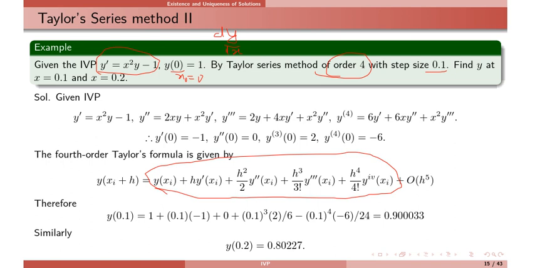Okay, so first start from 0. So you have x0 equal to 0 as I wrote earlier. So what is the Taylor series? Just write the formula y(xi + h), up to fourth order. Then fit every value on the right hand side. So y at xi, start with 0, so y0 is 1. Then h y'. So compute y'. y' is this, x^2 y - 1. In this formula fit x equal to 0 and y equal to 1, the initial value.